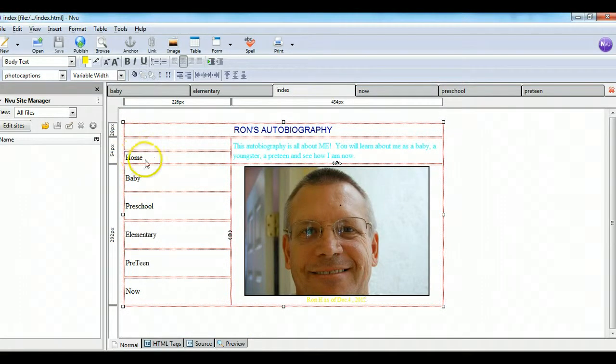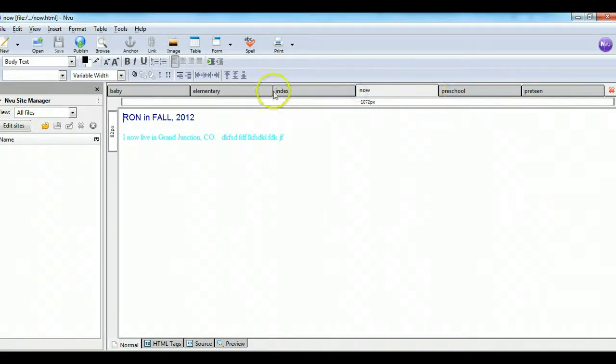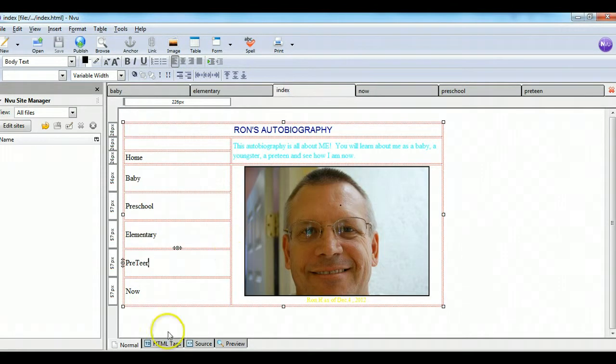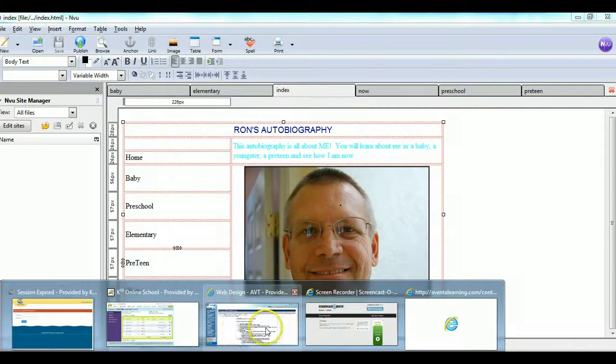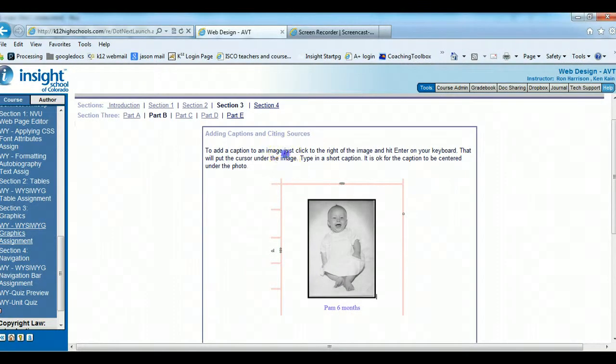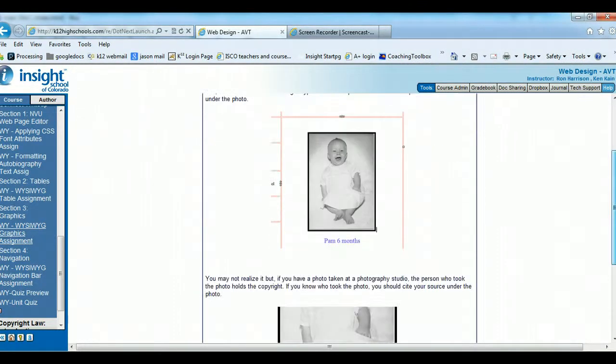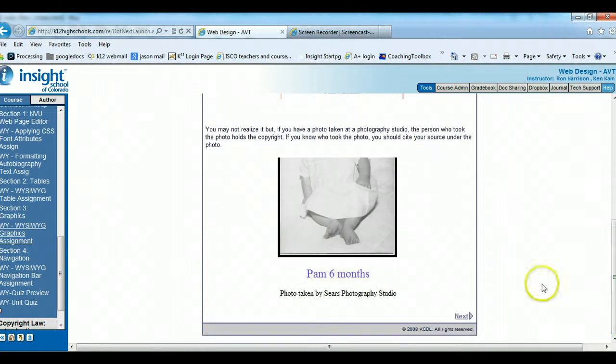And of course I didn't continue with the navigation bar over here. The navigation bar you're going to have on all of your pages. Hopefully you did that in previous work. So I've done this, so now let me go back to the assignment, and the assignment says add a caption, etc. to put under your picture. So you do the pictures like that. Then next,